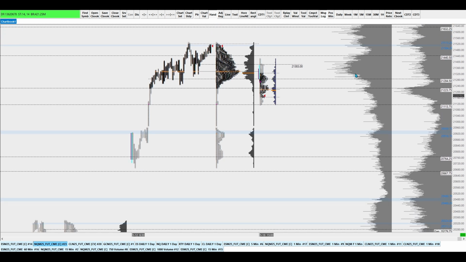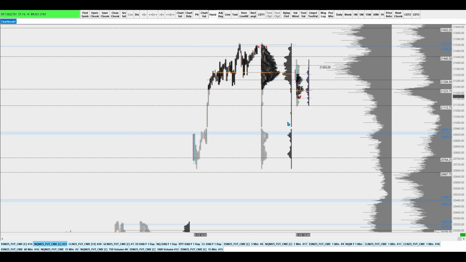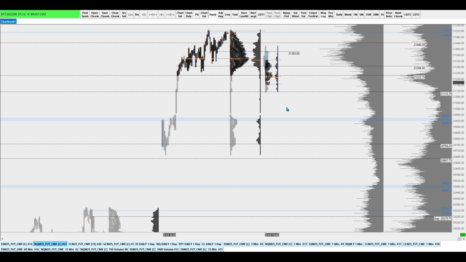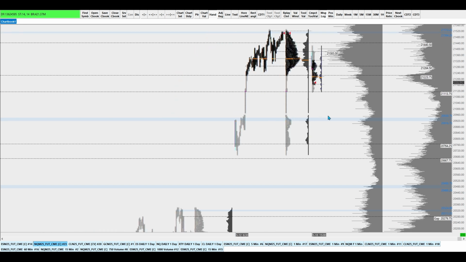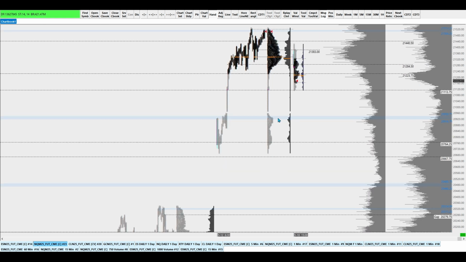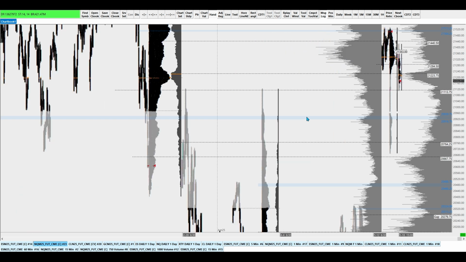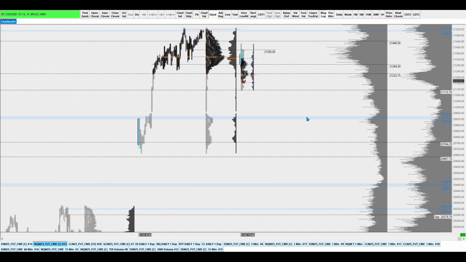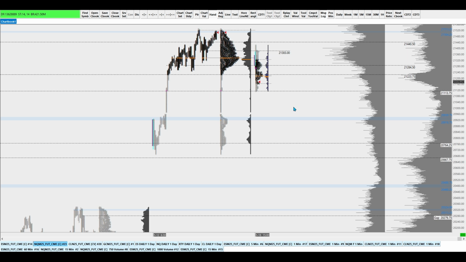That'll be the first thing I'm watching this week: upper distribution or lower distribution. Which one do we accept into? Then I'm trying to catch the move to the opposite end of that, or if it gets back up in here, maybe some new highs. That's if we lose this level, which is very likely, not out of the picture. Who knows what we do in RTH.